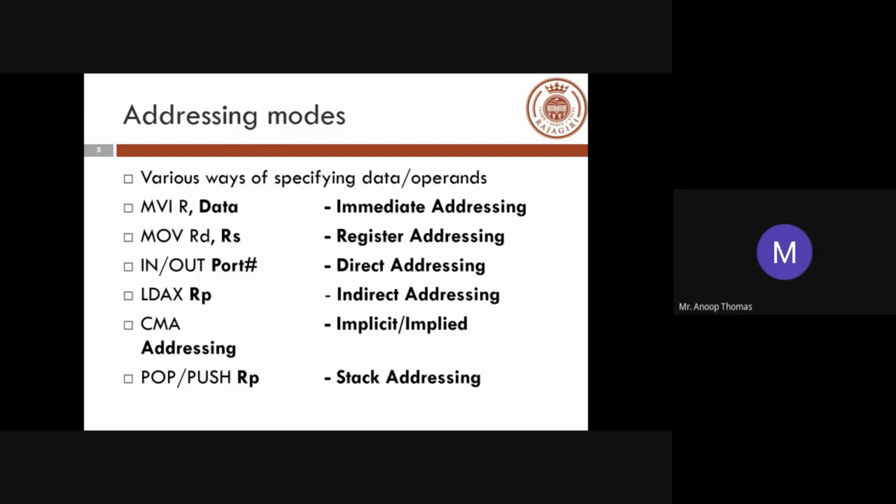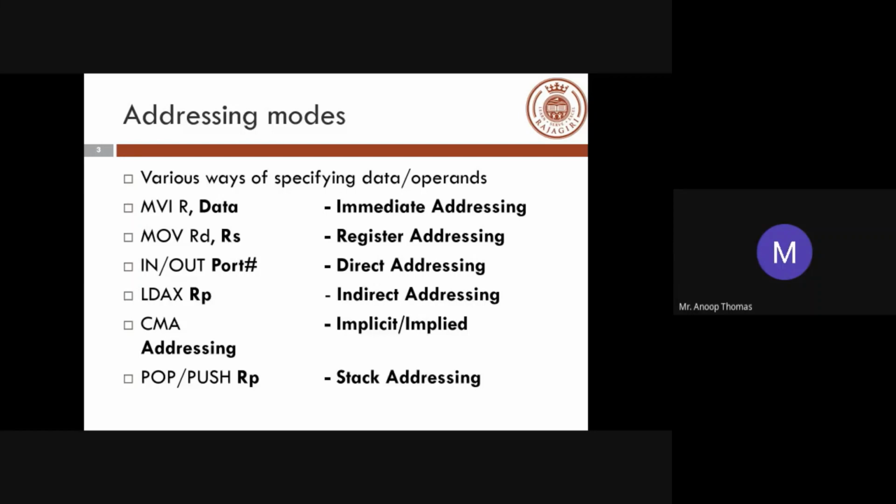So inside your 8085, you have 1, 2, 3, 4, 5, and 6. We have already seen this in some way in your computer organization. Similar to that, we have a way of doing it in your 8085. We have around 7 addressing modes. The first one is the immediate addressing mode.